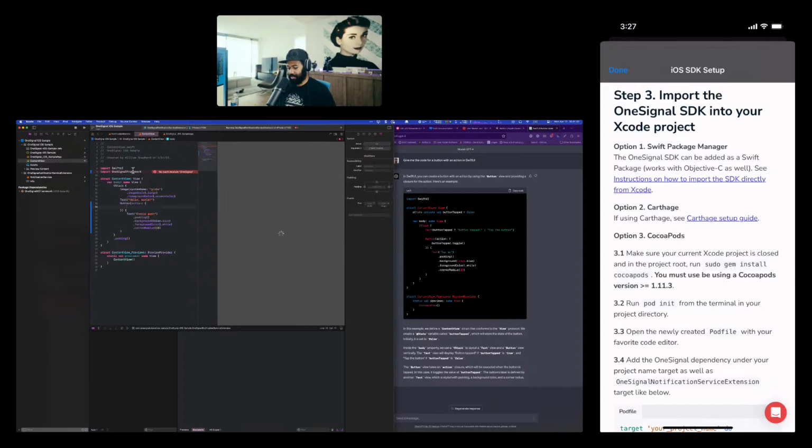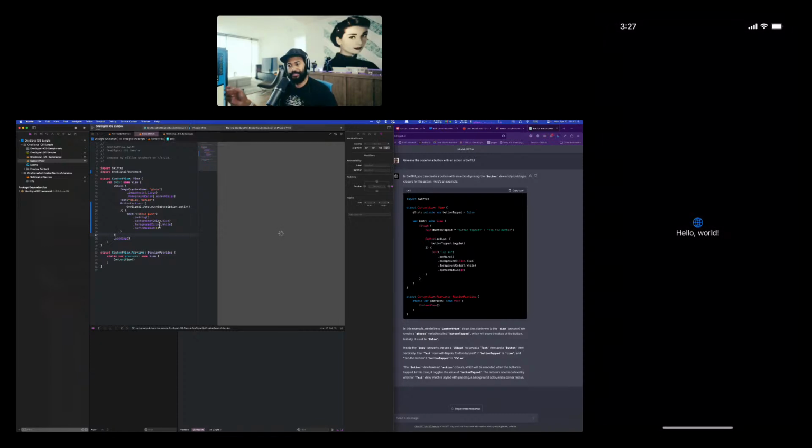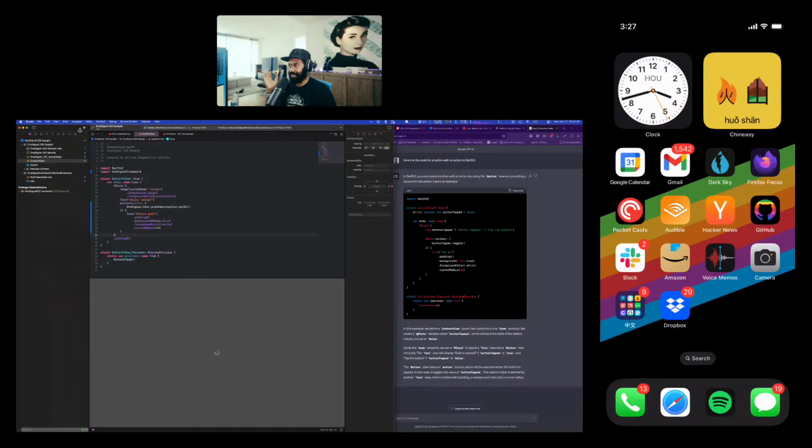Okay, so inside of this button, I'm gonna do OneSignal.User.pushSubscription.optIn, like so. Hopefully it'll, I don't know. I'm not sure why it's taking so long. I didn't change anything in the UI. Perhaps I should just stop the thing, and I'm gonna add another button real quick. So let's add another button.